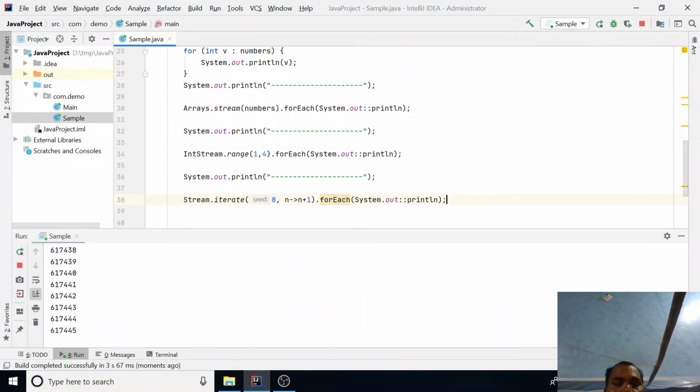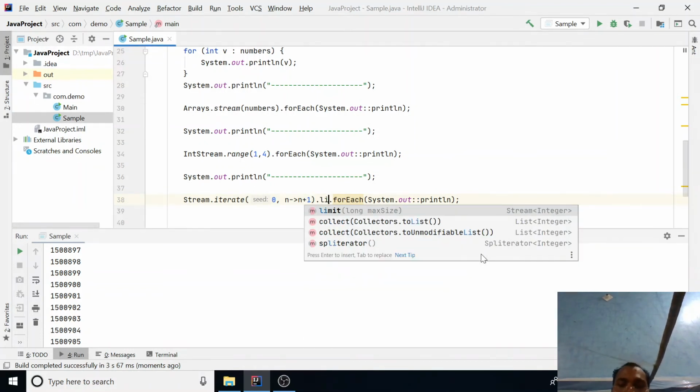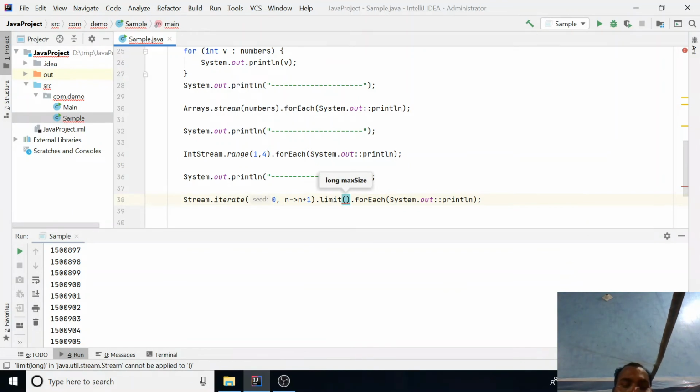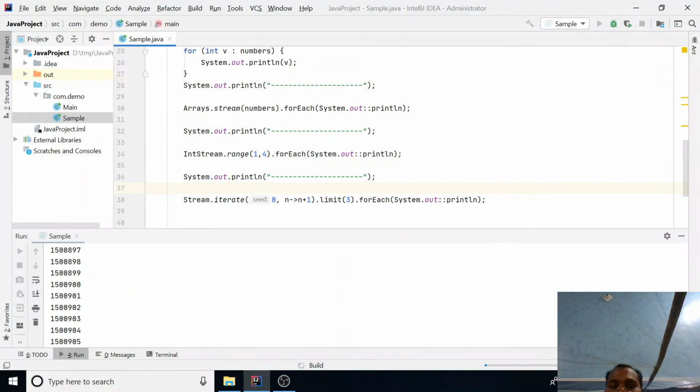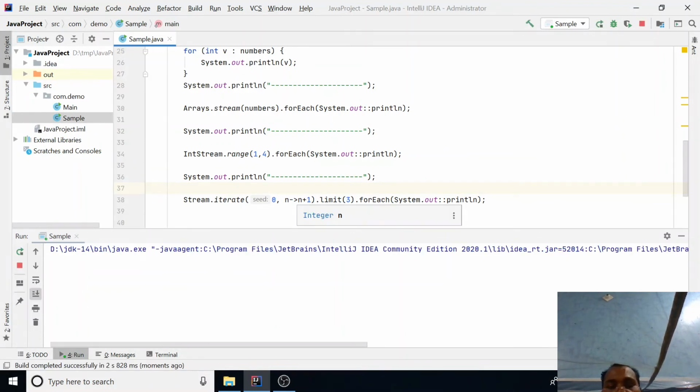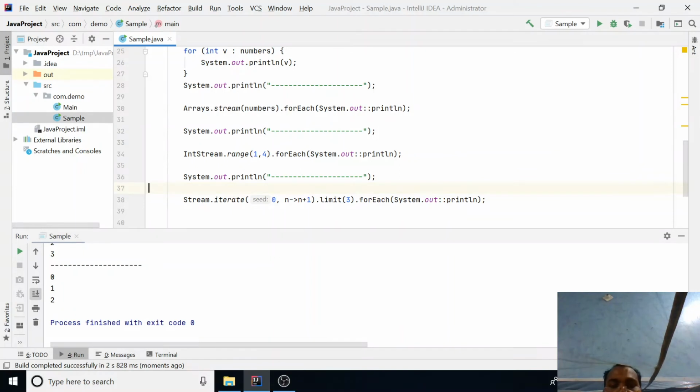You notice this is known as an infinite stream. It starts at one and keeps incrementing by plus one: 1 plus 1 plus 1 plus 1, infinite. In this case, we have to provide the limit. Let's say I want 3 elements, so it only displays the 3 elements. In this case, you have to mention your limit part: how many elements you are going to process.